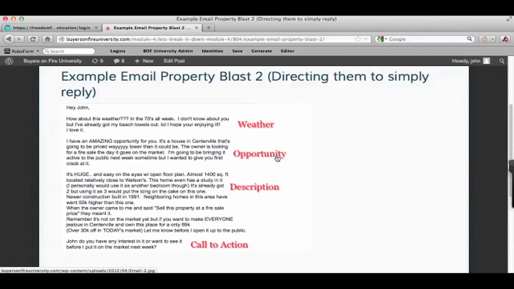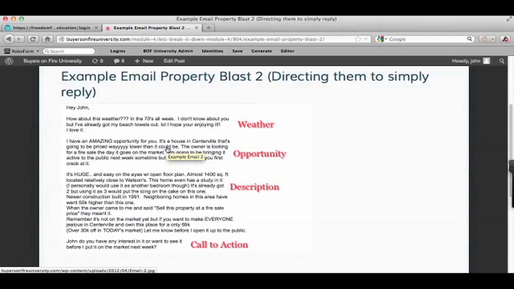Alright guys, so this is exactly how you do it. Get away from emailing people the actual property flyers, something that shows the pictures of your homes and has a very, very weak call to action. I've developed a system that our team uses to get a high response on every single one of our emails.